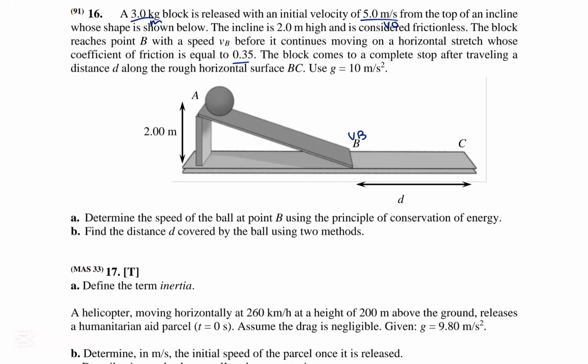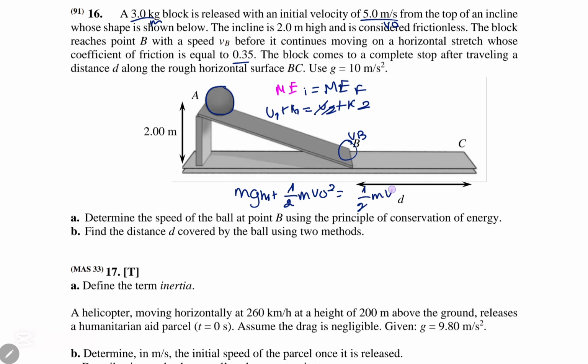So let's start with part A. Determine the speed of the ball at point B. This is the easiest part. It's very simple, we're applying mechanical energy. We are changing from A to B. So it's released from, not rest, it has an initial velocity. So we have to apply mechanical energy initial equals mechanical energy final. So U1 plus K1 equals U2 plus K2. So here, this is the only thing that will disappear. So it turns into mgh1 plus 1 over 2 m v initial squared is equal to 1 over 2 m v final squared. So v final squared, which is vb squared, is equal to 2 times, what is the mass? The mass is 3, times